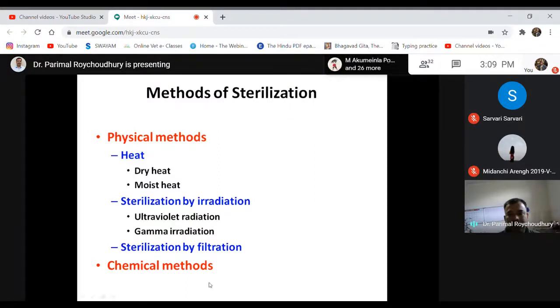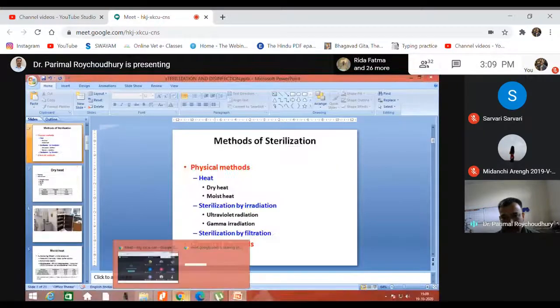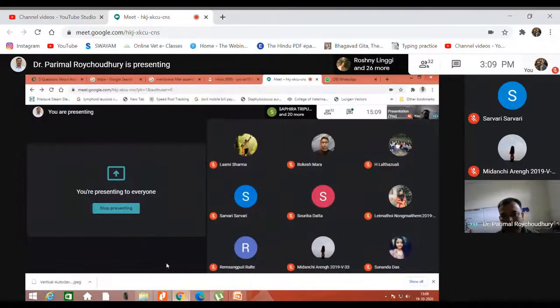So chemical methods are mostly used for disinfection, but most of the physical methods are meant for sterilization. There, dry heat, moist heat, and gamma irradiation are the absolute methods of sterilization, meaning they can ascertain complete removal of organisms. So I'm preparing the class up to this part only. From the next class onward, we'll go for